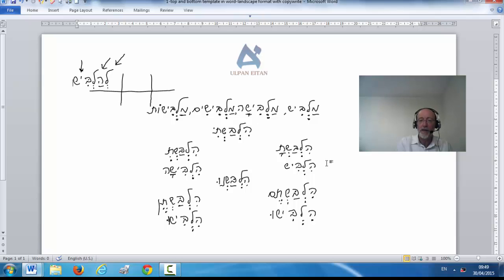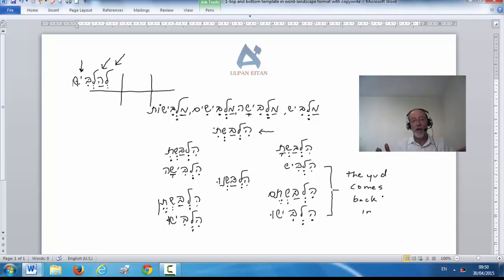Now I emphasized before this that the yud was so characteristic, but notice there in the past tense in hilbashti the yud has fallen out. Hilbashti, hilbashta, hilbasht, and here in these two, as it were, lines in, the yud comes back in. So that's just a memory device for you. The yud comes back in. It's going to be in hu and he, and haim and hain. Just a memory device. Okay, so I recommend you pause, say it a few times for yourself, the present tense